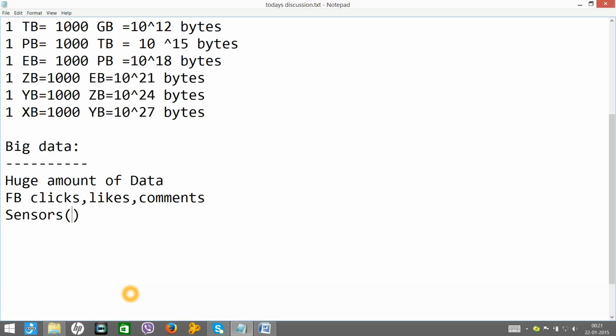Let's say weather forecasting sensors, or traffic sensors, and there are many devices which generate huge amounts of data. We'll see that later. Now the question is, why should we deal with big data, and why do we really need that?